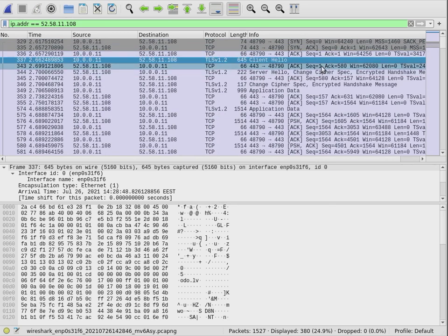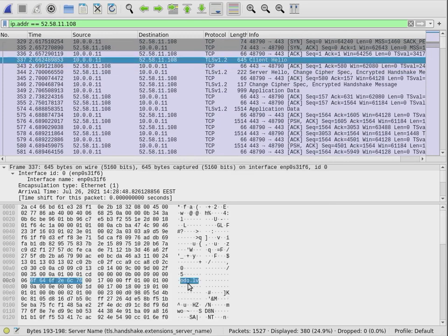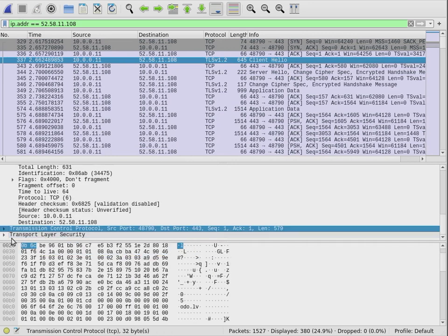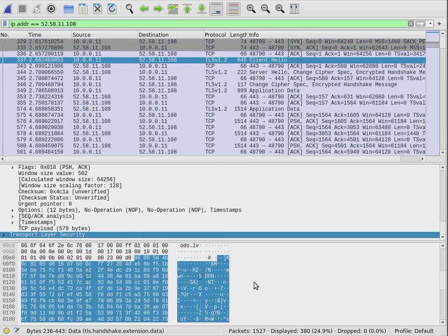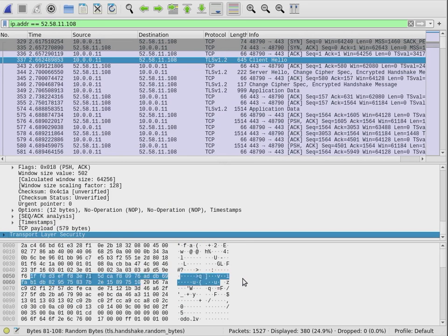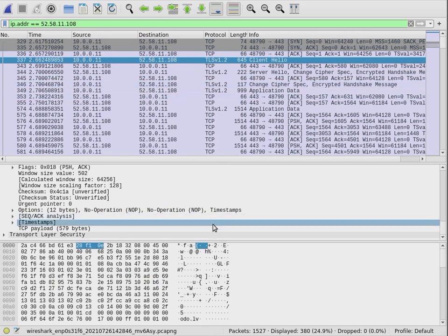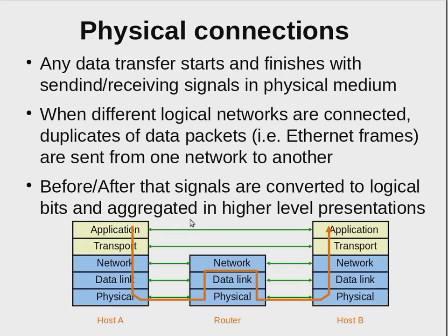So here we see something related to the web particularly. And we may see something also in text, but of course I'm using the HTTPS protocol, so after the initial handshake or initial connection it is still encrypted. So that's about these payloads and different data structures inside this same data.